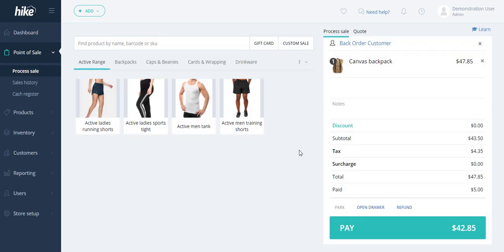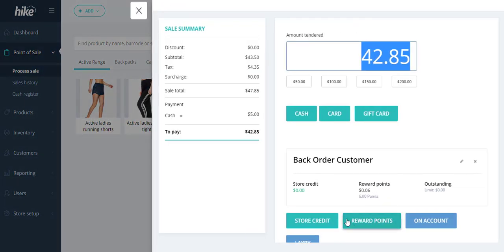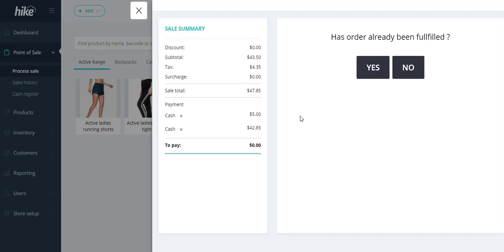And what this will do is bring you back over to the payment screen to process the sales. So we can see here that the balance outstanding, because we've paid a $5 deposit, is $42.85. So if we select the pay option from there, it's going to come up with a payment screen. And if we finalize the payment from there, we can see here the system will now ask if the order has already been fulfilled. So if we select the yes button,